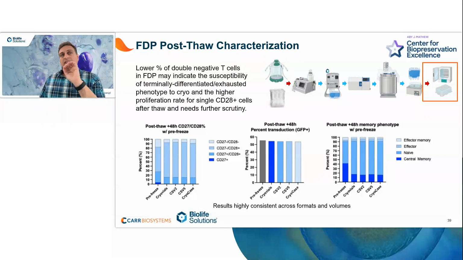Aligned with that CD4-CD8 ratio change, we do see a shift in the CD27-28 presentation on the cell surface by 2 hours post-thaw back in culture. Essentially, we'll have more single positive CD28 cells and fewer double negatives, which is, I guess, a good thing, and the single positive doesn't show up with CD27. So this is an open investigation for us on our end, to see how that matches with that change in